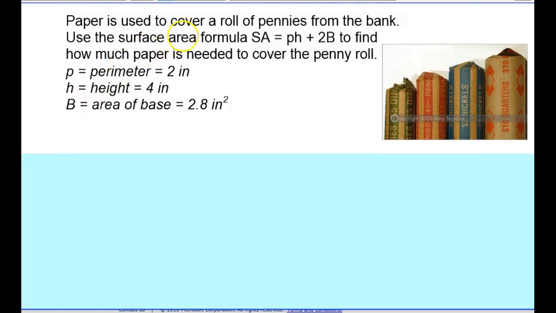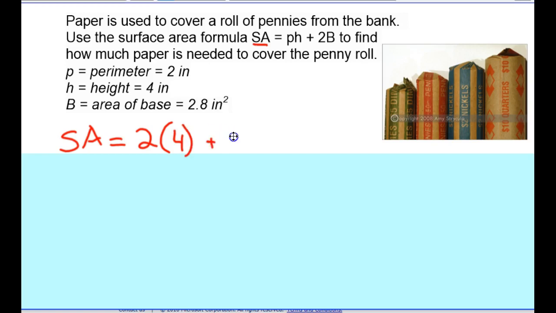Next problem, it says paper is used to cover a roll of pennies from the bank. Use the surface area formula, SA, surface area, equals PH plus 2B to find out how much paper is needed to cover the penny roll. Well, it gives us that P equals perimeter. So we have surface area, SA, equals our P, which is perimeter. Our perimeter is 2 inches, so we have a 2 for P. Times H, our height, which is 4 inches, so we can say 4,